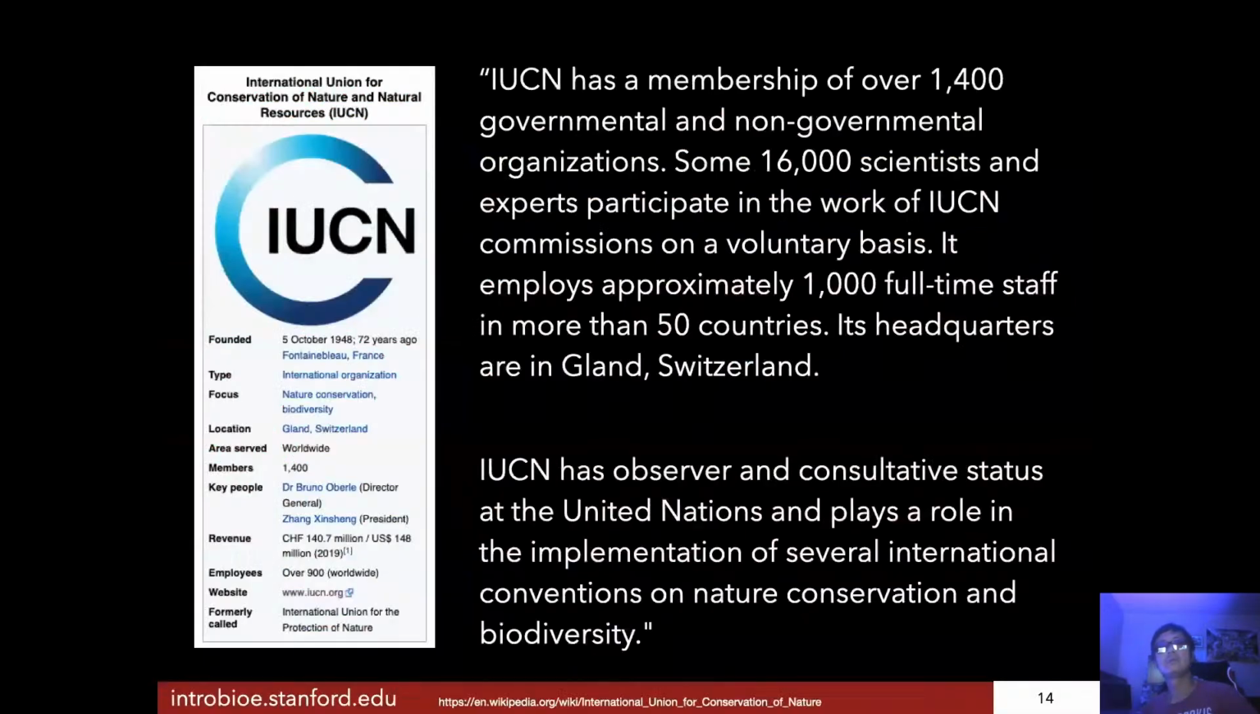IUCN is a very interesting organization, it turns out. They're 70-some years old. They're based in Switzerland. They have 1,400 members. But the members aren't people. The members are organizations. So they're an organization of organizations. So a nation could be a member of the IUCN, or a civil society organization, not-for-profit, could be a member